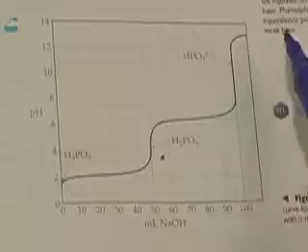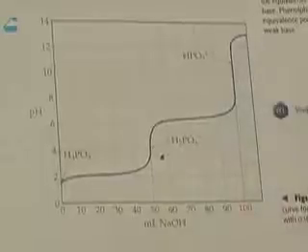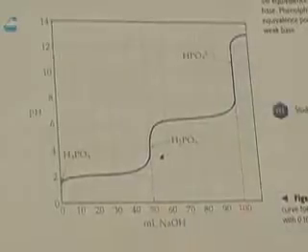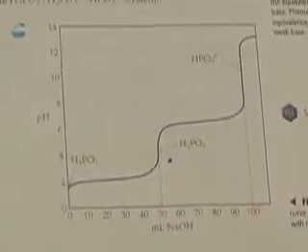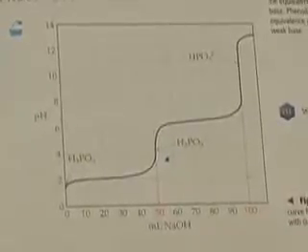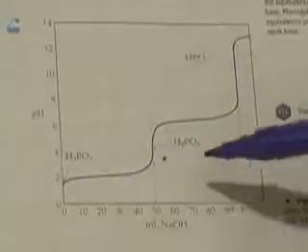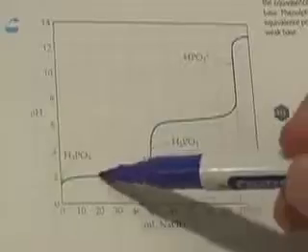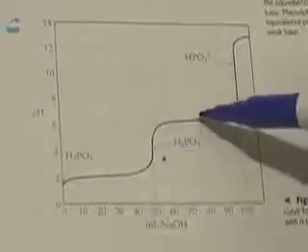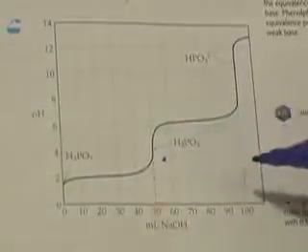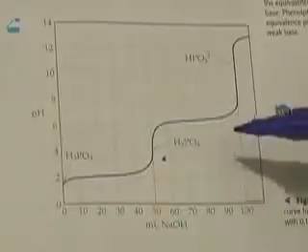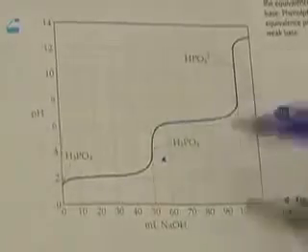The neutralization steps of a polyprotic acid, or it could be a polybasic solution, are sufficiently separated, and therefore the titration curve with multiple equivalence points could be used to determine the Ka1 or the Ka2 of a polyprotic acid. And you can use this to determine what type of acid or what type of base you have,